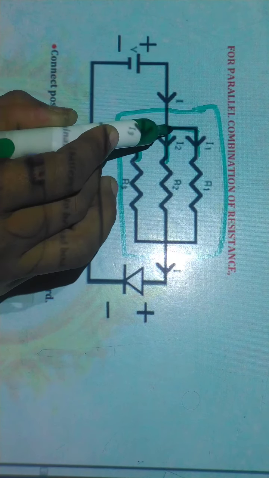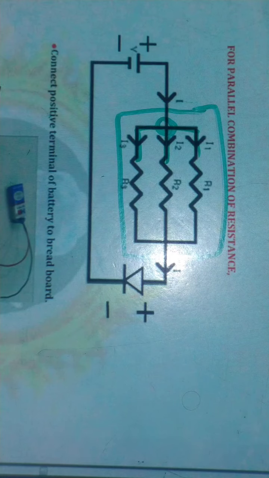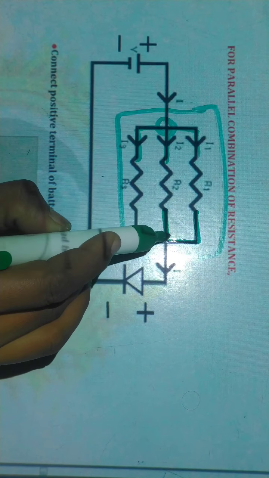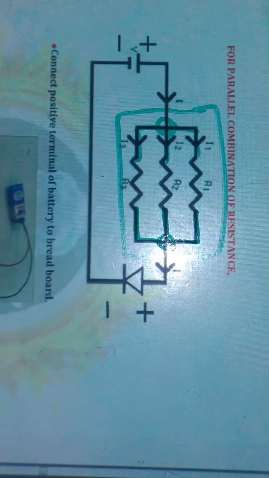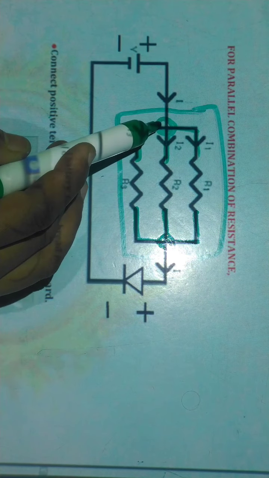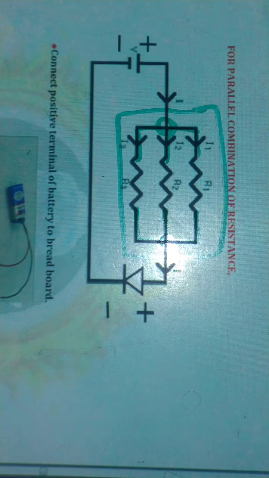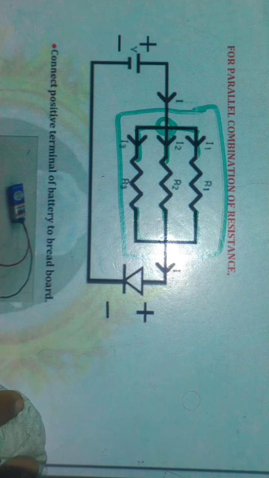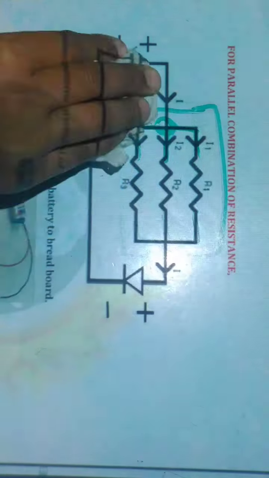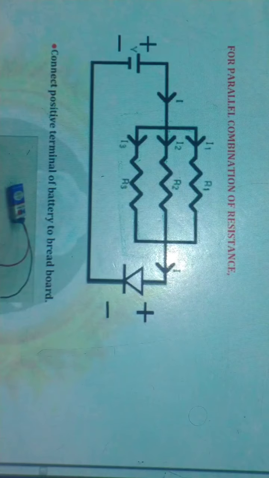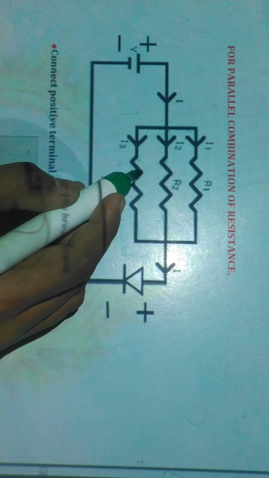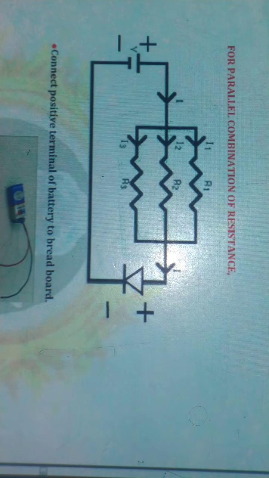the initial ends of all resistors are connected at a single point, and the final ends of all resistors are connected at one point. Okay. So initial points are connected together and all final points are connected together. This type of combination is called parallel combination. Compare it with series combination. What is the difference between series combination and parallel combination? Think about it. So this is the parallel combination. You understand the concept? Okay. Rewind the video and see it again and again. You understand the concept of series and parallel combination.